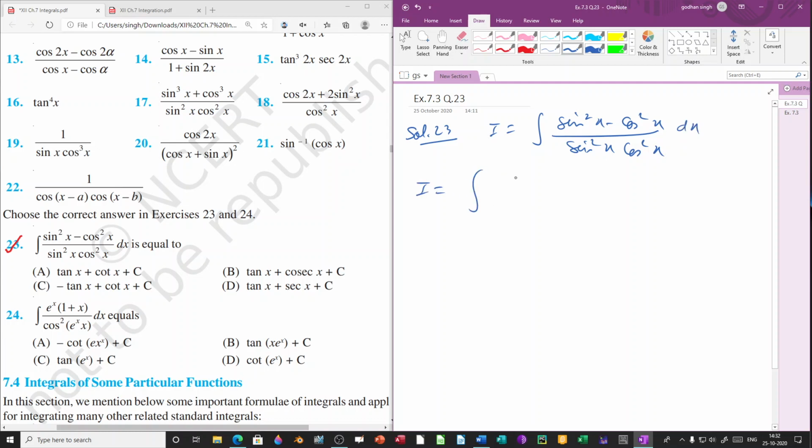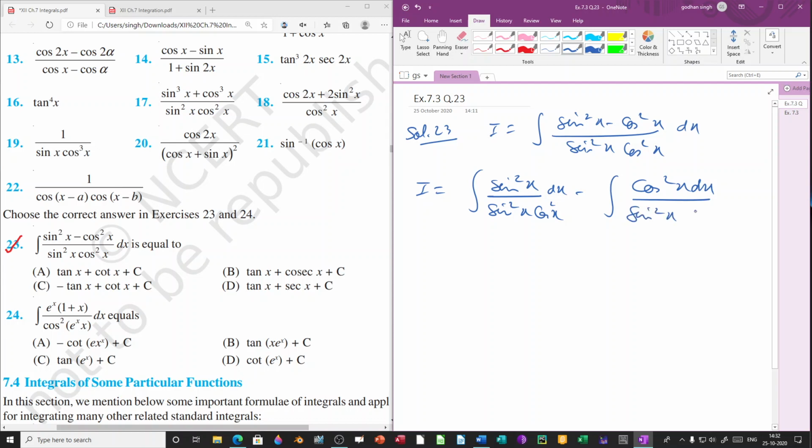Just separate them, we will be getting the integration of sin square x over sin square x into cos square x dx minus the integration of cos square x dx over